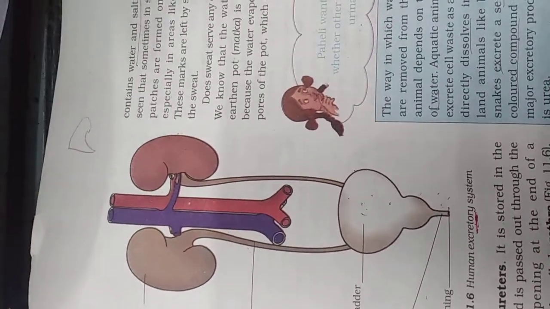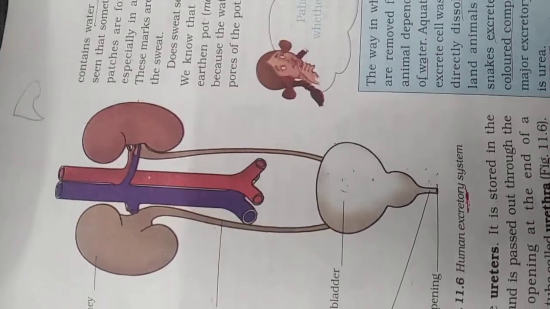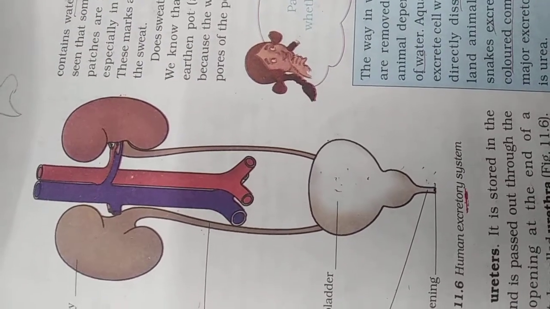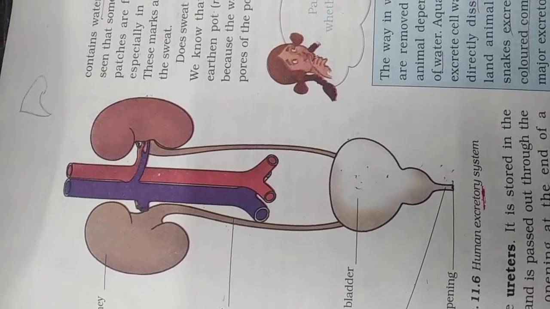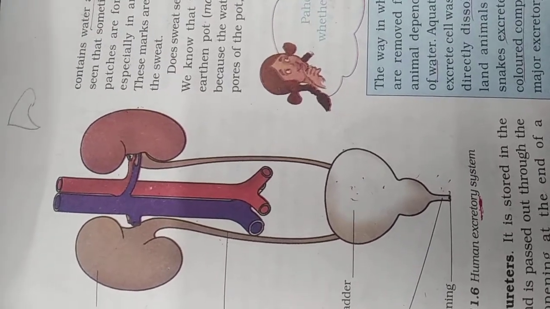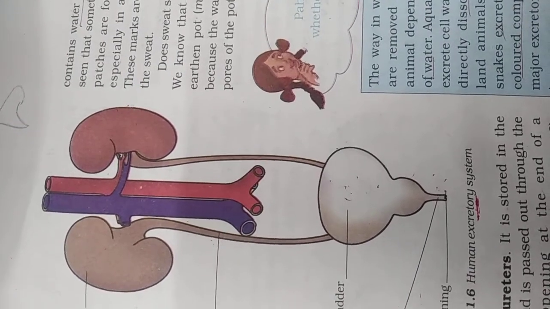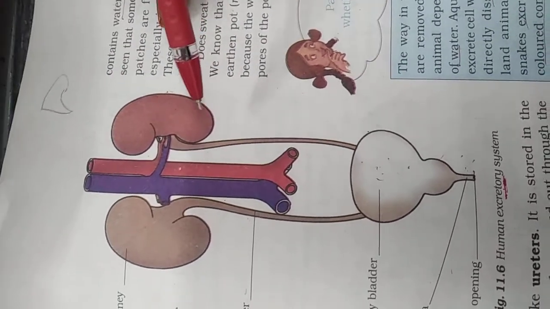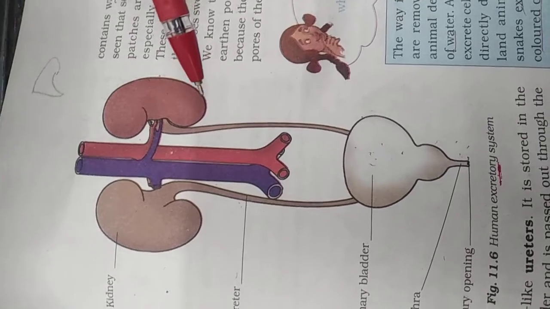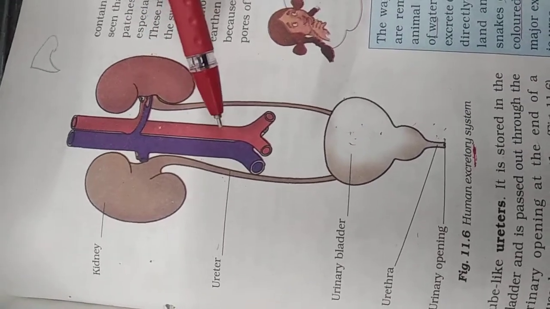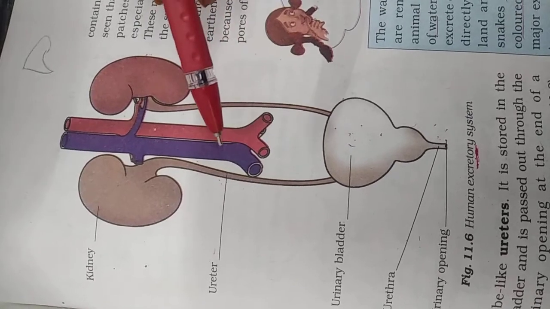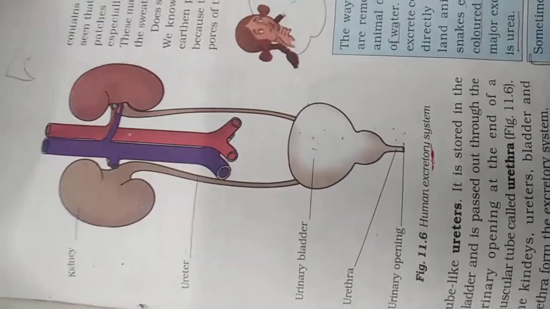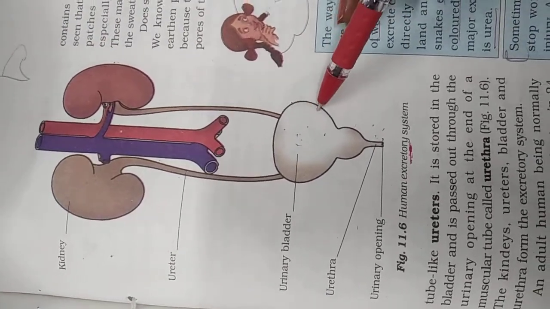So student, is it clear what excretion is? The process of elimination of waste product from the body is known as excretion. The excretion of urea, water, excessive salt, sugars and other substances is controlled by the kidneys, and the kidneys along with other organs, which you can see in the picture, the ureters, urinary bladder and urethra, are the parts of the excretory system. So here is the picture of the human excretory system.